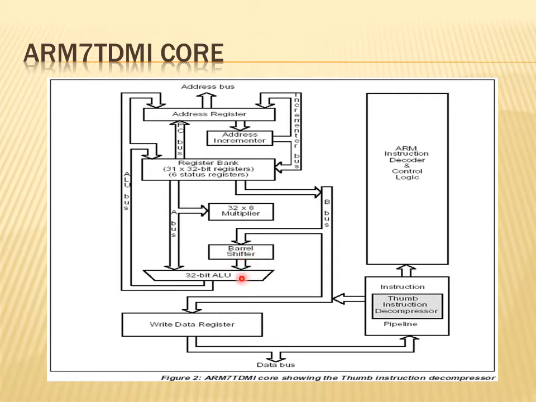So whenever you want to perform pre-processing, or a multiplication or a division, that data can be pre-processed by using the barrel shifter, and then the pre-processed data is available for operations in the ALU. This is optional. Either you can use the barrel shifter, or you can bypass it and take the data into the ALU, so that whichever operations you want to perform, you perform them in the ALU.